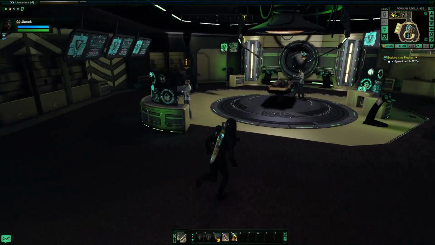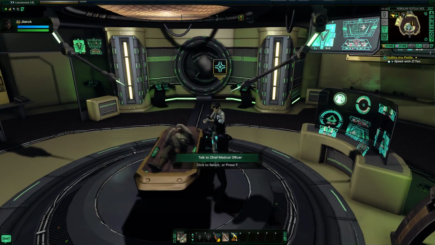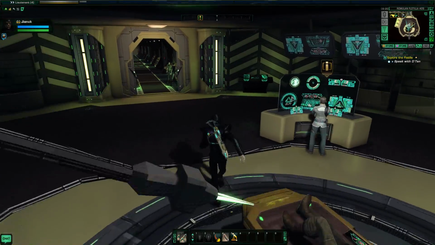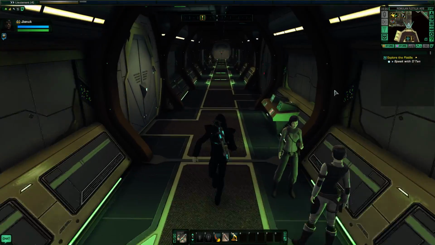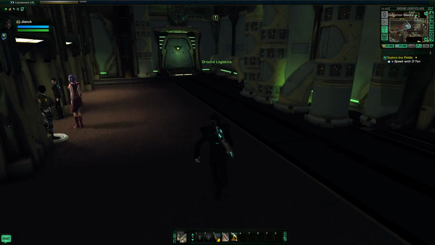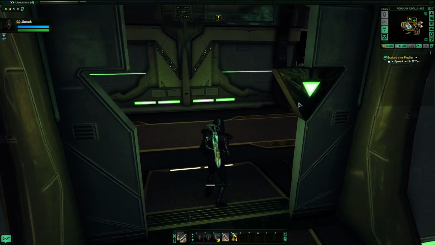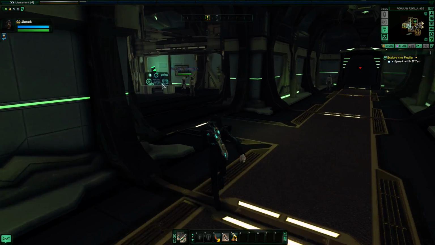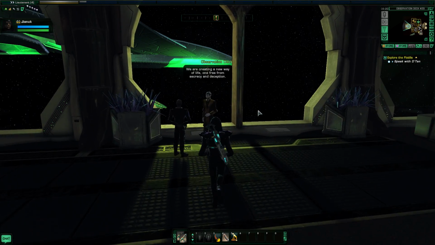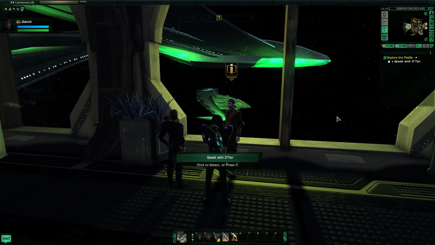Oh. And Chief Medical Officer's over here. And Assignment Officer. Assignment Officer? Wow. Okay. Chief Medical Officer talks about injuries. Yes, you can injure yourself in the game if you're playing on the higher difficulties. Alright. Let's get back to Tan. I guess. Awesome. Oh, actually, Tan is something we've never spoken to before. He's the leader of the Romulan Republic, so this will be an interesting opportunity to speak with the person in